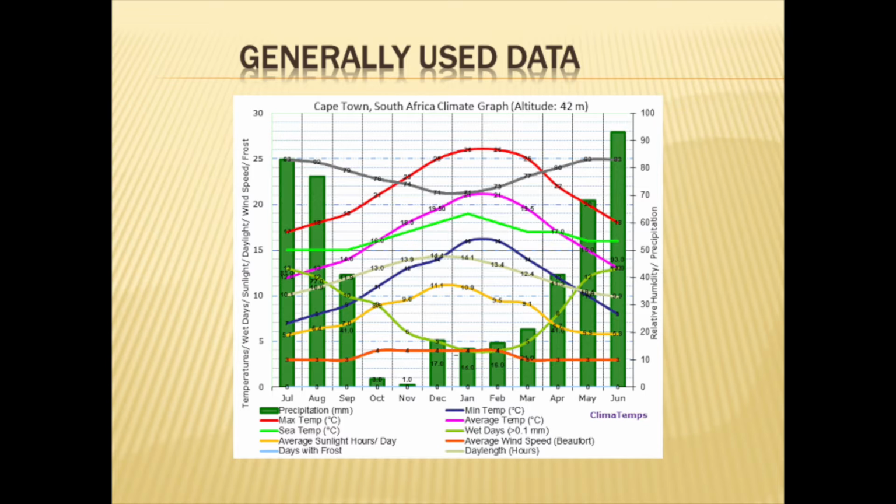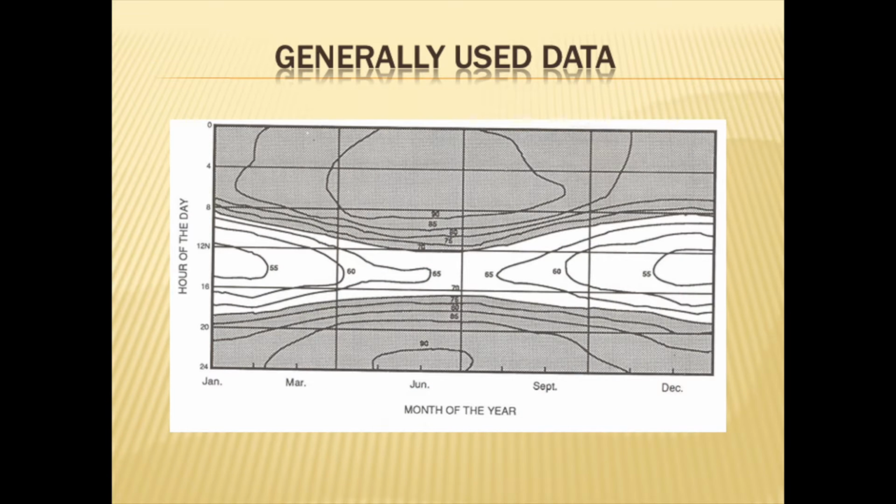I've got a little cross, I think, in one of these slides. And you'll see it's got the amount of rain in green. You've got the maximum temperature. You've got the average amount of sunlight, the days with frost, which is not particularly great. And if we move on to the next slide, you will see that it becomes quite interesting from the perspective